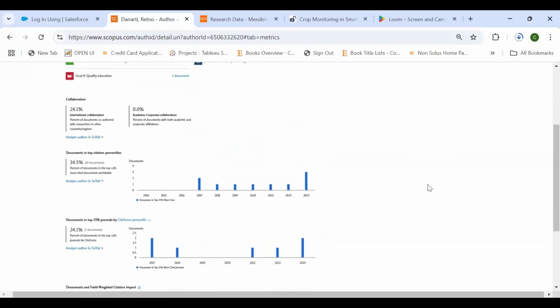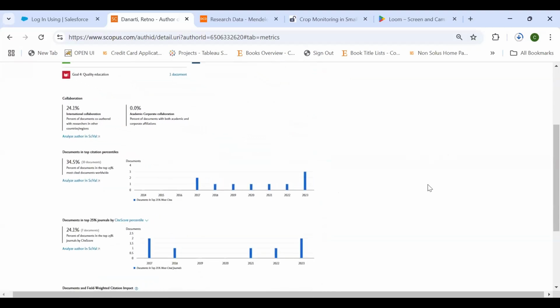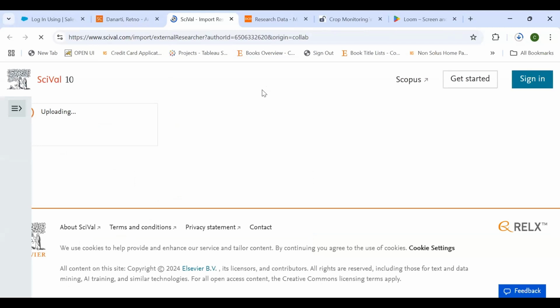So actually, for Scopus, it is linked to SciVal. So if you want to analyze further, there is a link to SciVal, which UGM has access to as well.